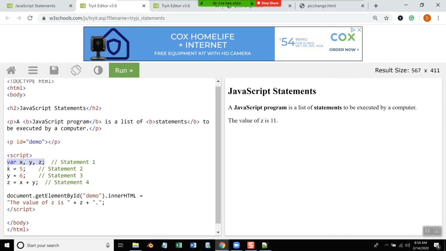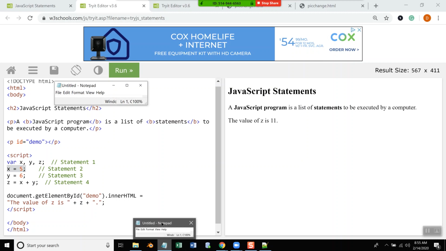This x equals 5. This is not like algebra. That's not the equal sign. That's the assignment. So this is assignment. It assigns 5 to the variable x. It's kind of like the computer has its own mind, and it set aside x, y, and z. Now, when I say it has its own mind, I'm really simplifying it. When it's setting aside x, y, and z,